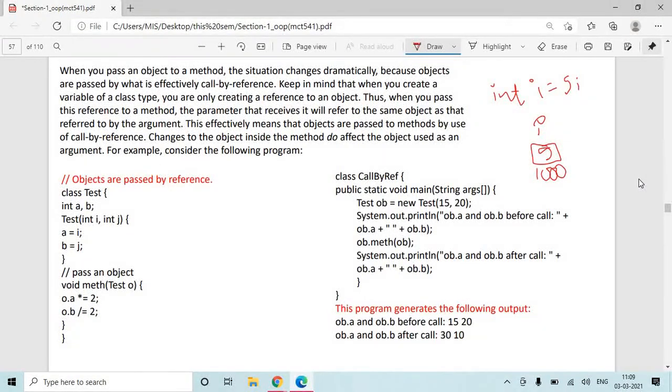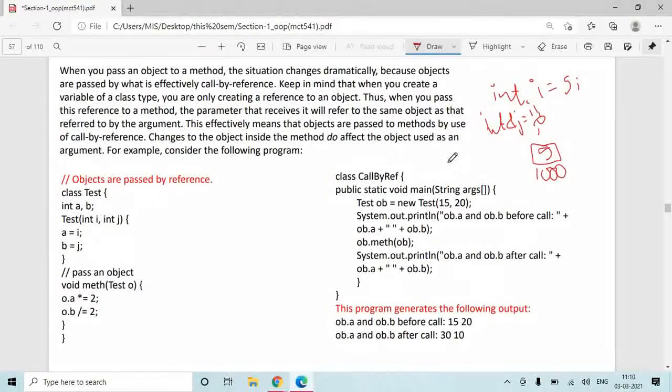Now if I want to assign a reference name, an alias name, or another name to this variable I, I will create a reference. In C++, how do I create a reference? int reference j is equal to I. This is how I create a reference in C++.